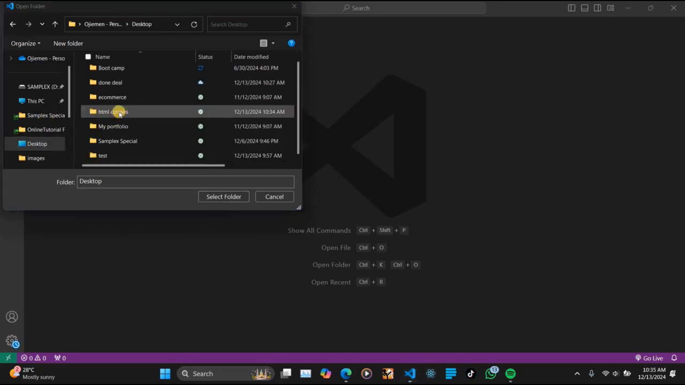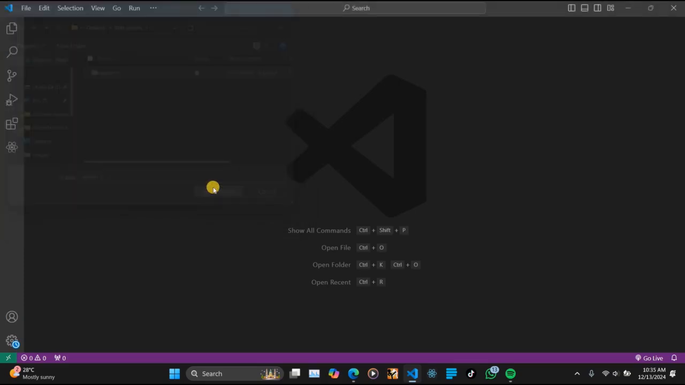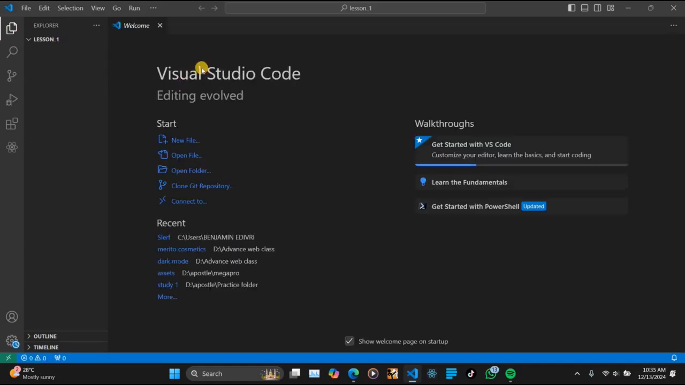We have the HTML courses. We open. Then we select lesson 1 and click on select folder. Immediately, one folder will be opened on your VS Code. Now we can start writing our code, but the first thing we need to do is to create a file